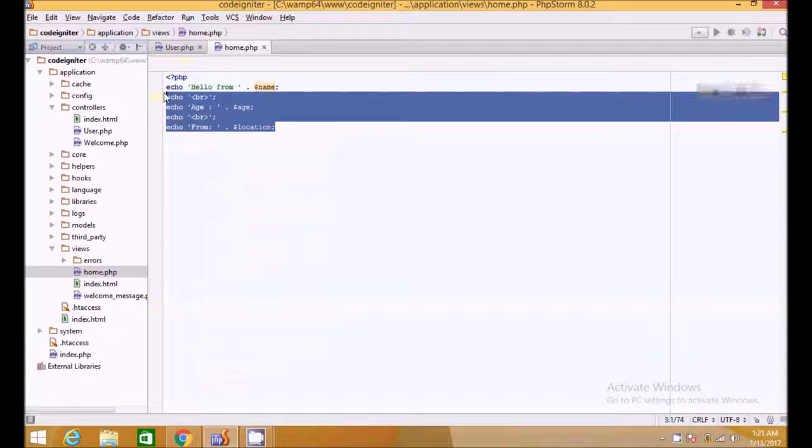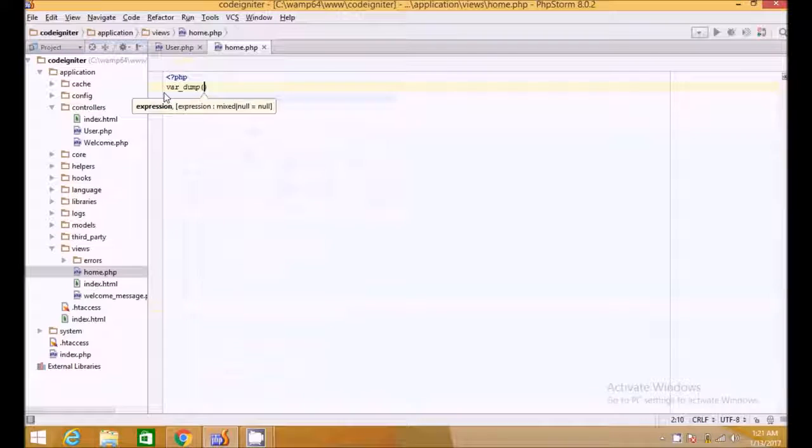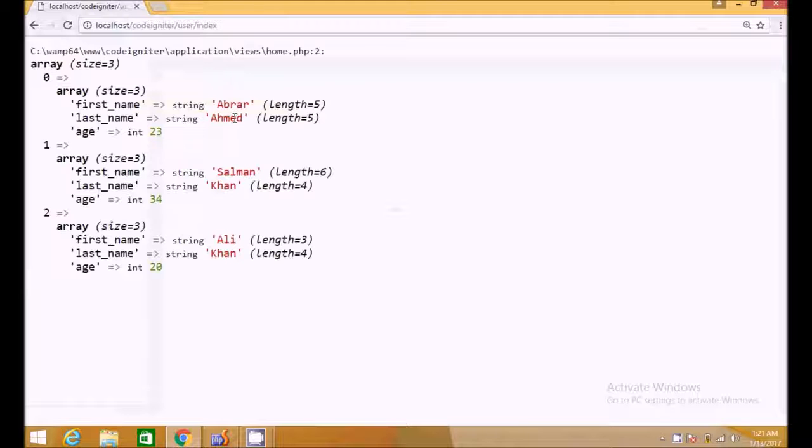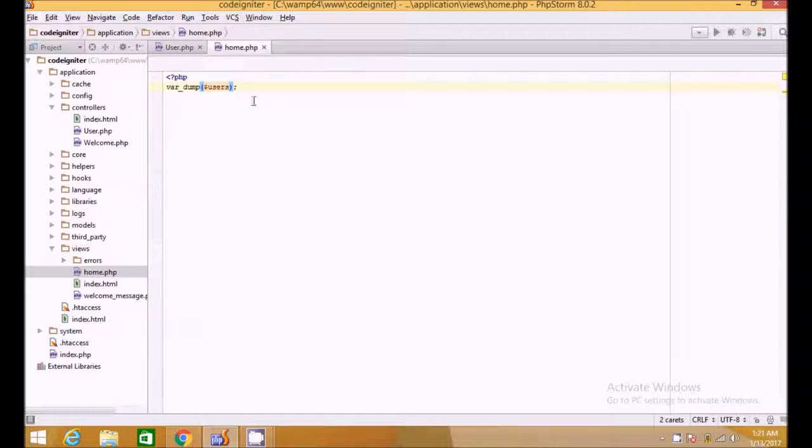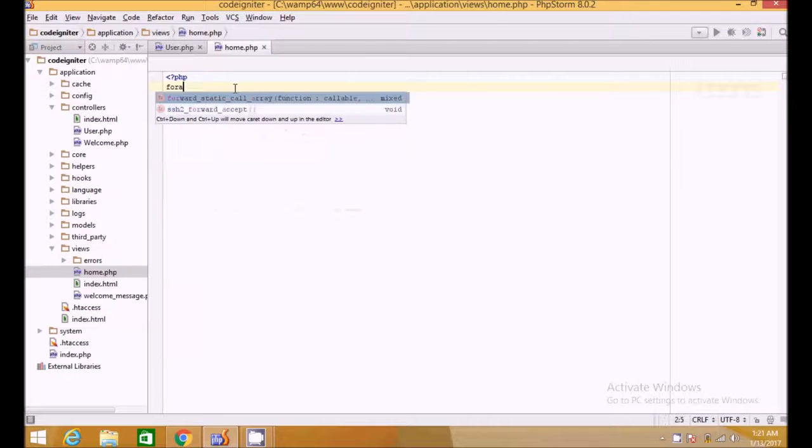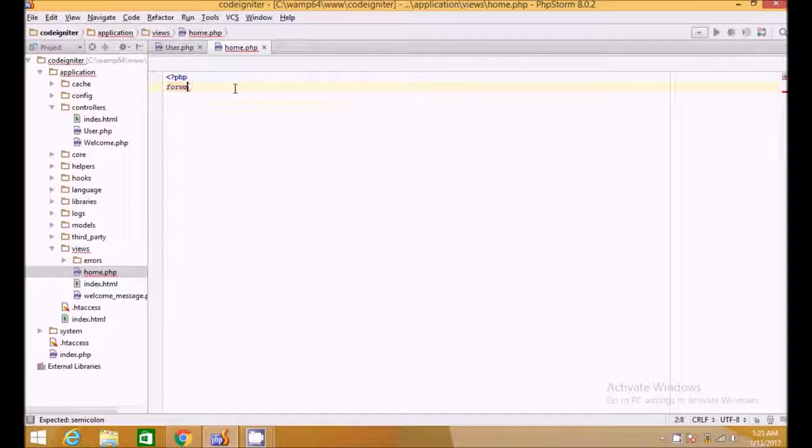So let's do this. First of all, we simply var_dump users. What do we get? All the users in the view. What if we want to use a foreach loop and print all the users we have in the array, user, and